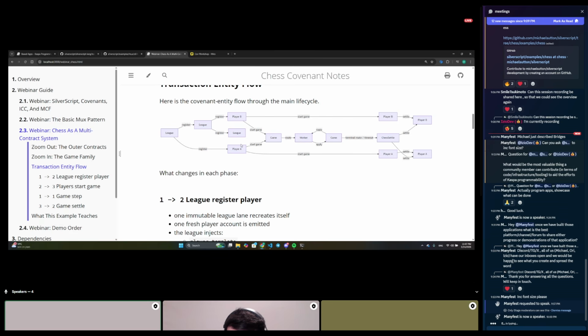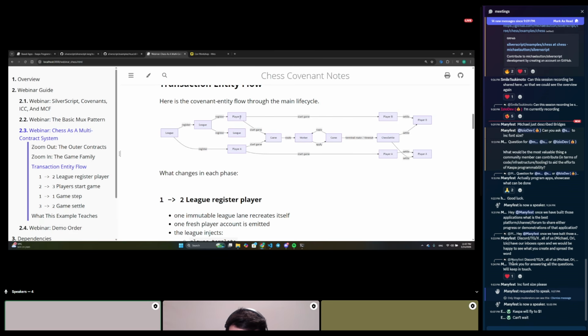Then players A and B start a game, so there's going to be a transaction consuming the two inputs of both players, and it's going to produce 3 outputs: the game, player B and player A. At the beginning of the game, the only thing that changes in the player is that it's marked that there's an open game, increased by 1. Then the game is played, it routes, so the game here would be the MOOCs. Then it routes to a worker, goes back and forth until the game ends and gets to the chess settle.